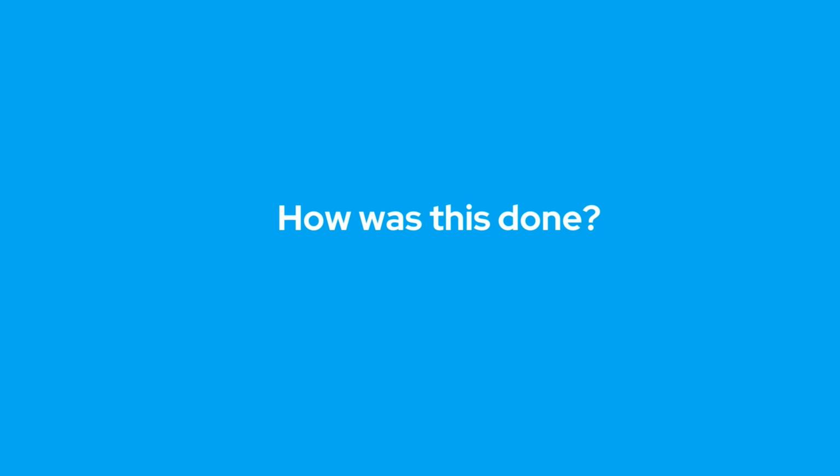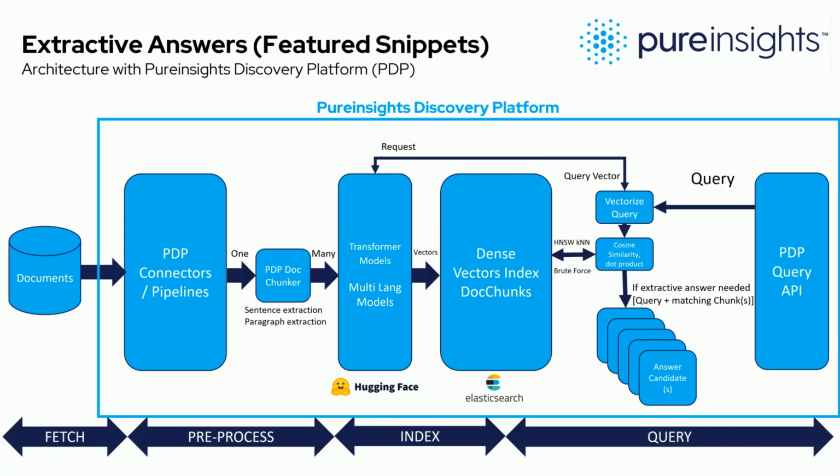So how did we do that? What technologies did we use behind the scenes, along with Elasticsearch, of course, to enable us to do that kind of capability for these guys? What we did is we used our own Pureinsights discovery platform, which encompasses a bunch of predominantly open source technologies into a single framework to enable us to rapidly iterate on this capability. You don't need to use the Pureinsights discovery platform for this, of course, but it just makes it a little bit easier. And what we did is we hooked up to their document store.